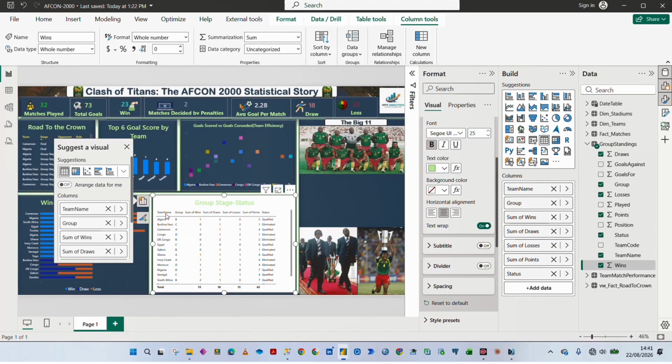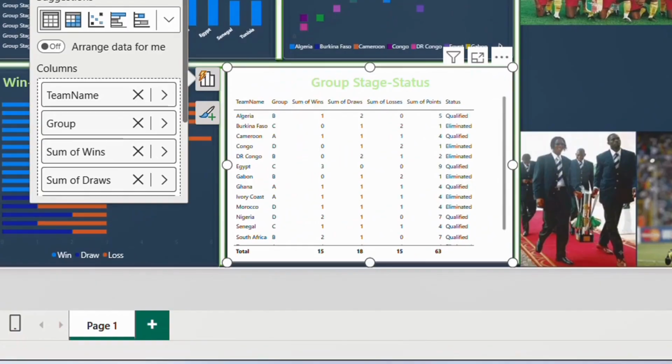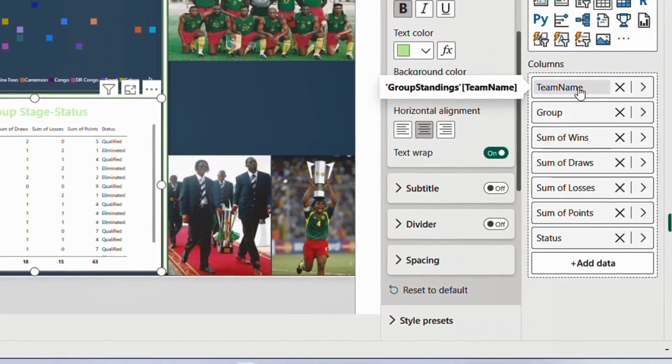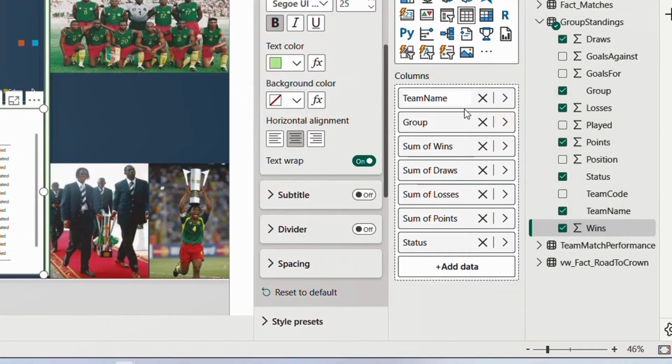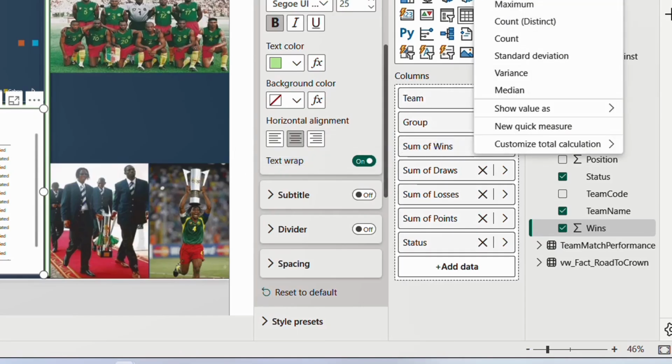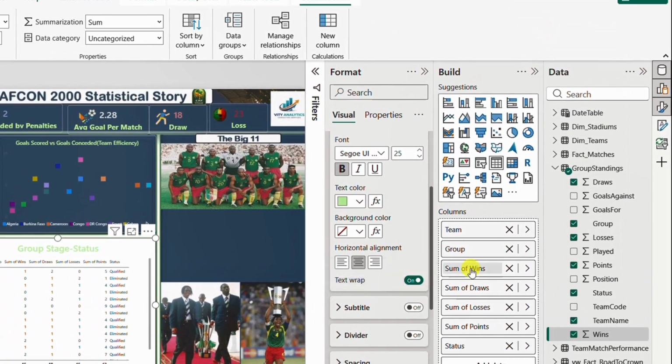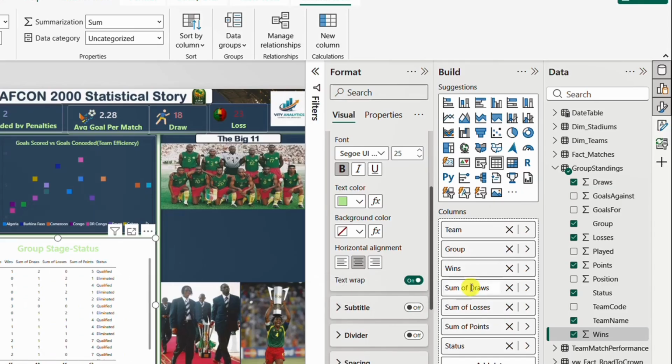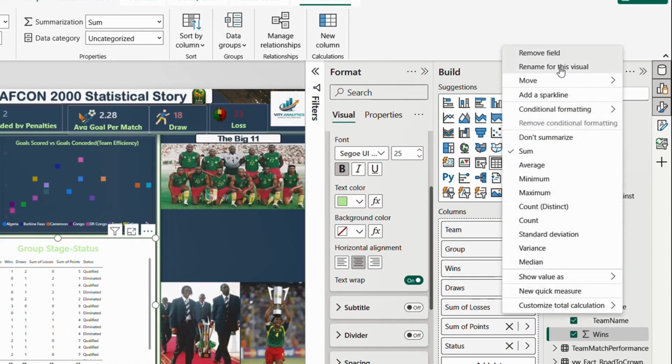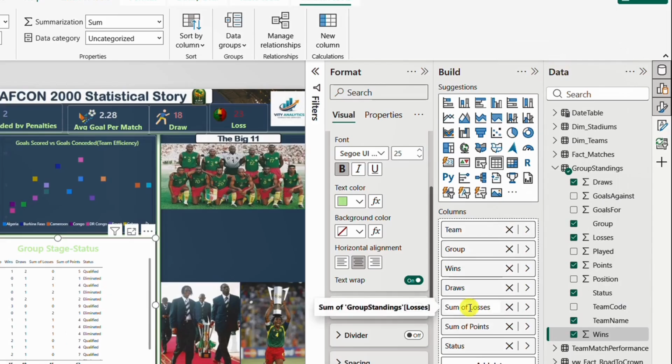Okay, as you can see, if you look here, we have this team name, and then we have this sum of wins, sum of draws, sum of. I don't want to see that, so I'm going to come here and right click, and then here I just want to say team, and then here as well, you just double click, okay, and then go with the wins. You just double click inside here. You go with your draw, or you right click, you go to rename for this visual. Just want,